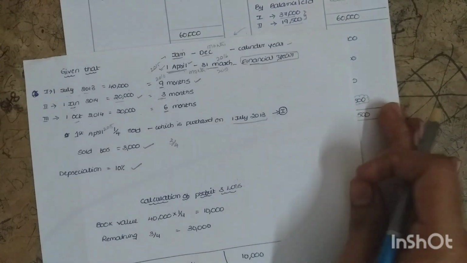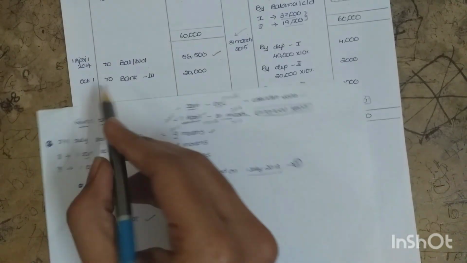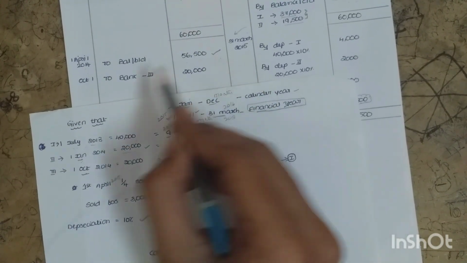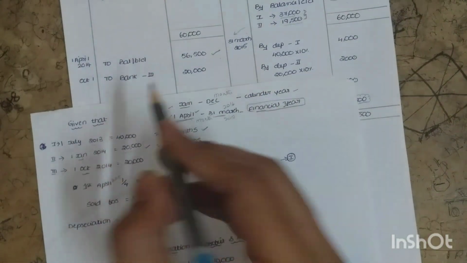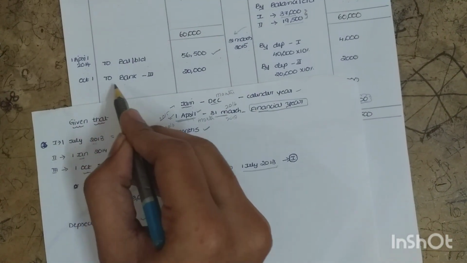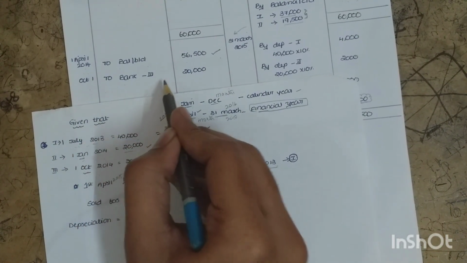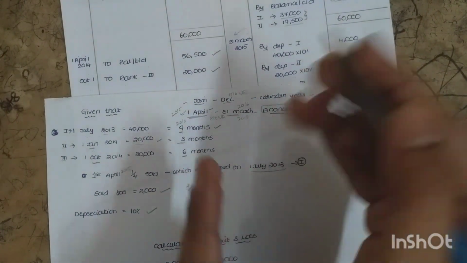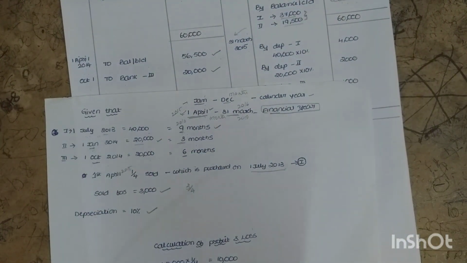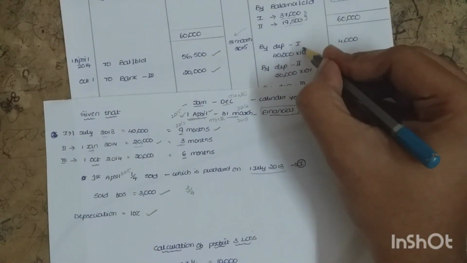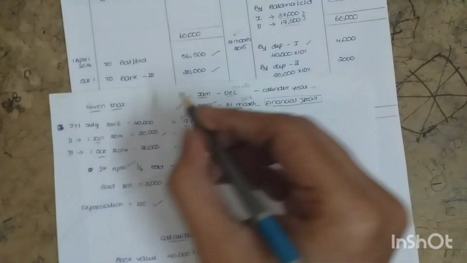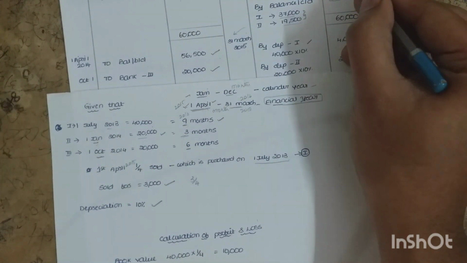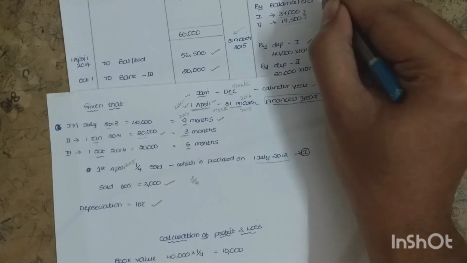See, only three machineries, right? First October will come in this one only, right? April to 31st March only, so we will calculate this one. So we will write 1st October to bank, third machinery, how many rupees? 20,000. Next, remaining depreciation as it is we have to show. By depreciation, first machinery, what is the first machinery amount? 40,000.